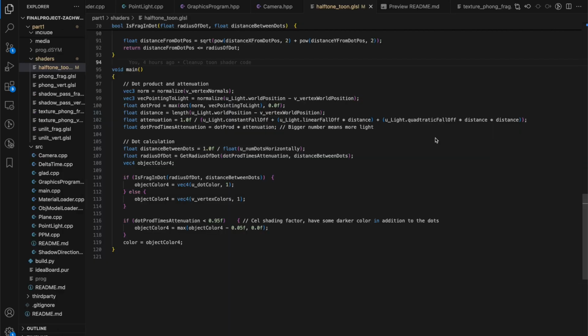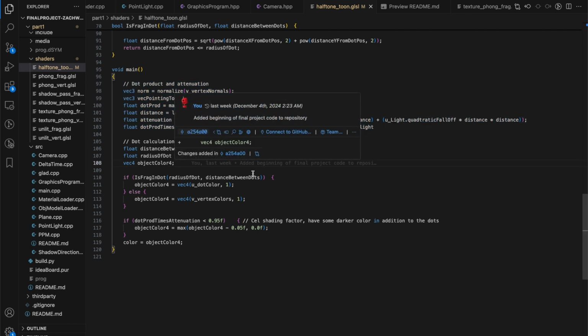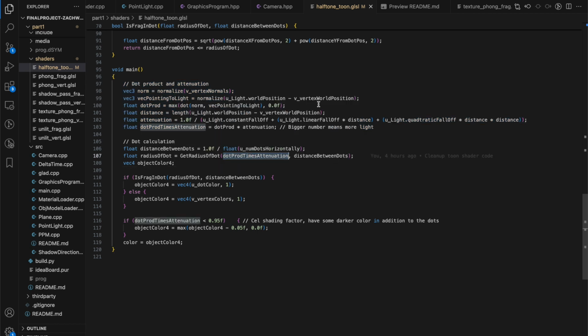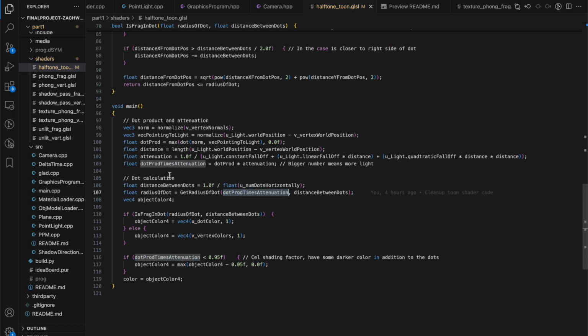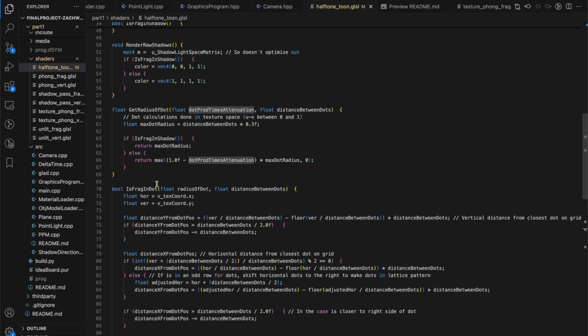Most of the magic in this project happens inside of the fragment shader. The first thing we do is calculate how much light is hitting this fragment. The next step of the fragment shader is calculating the radius of the dot that the fragment is closest to. The radius of the dot is directly proportional to the amount of light hitting this fragment, and it also has to do with